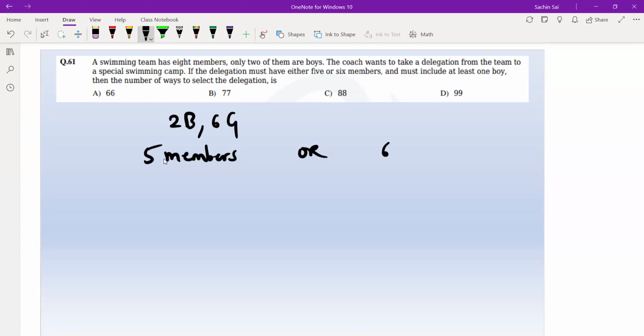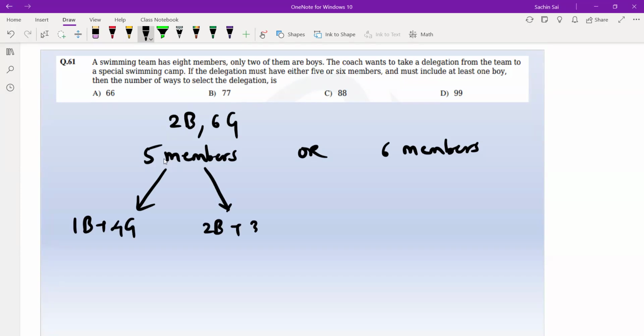or there are 6 members in total. And this delegation must include at least 1 boy, which means if you're dealing with 5 members, it can either be 1 boy and 4 girls, or it can be 2 boys and 3 girls, right? Because there are no more than 2 boys, you do not have a case of 3 plus 2. Similarly, for a 6-member delegation, you can either have 1 boy plus 5 girls, or 2 boys plus 4 girls, right? So now you simply have to find the number of ways of forming each of these combinations and add,